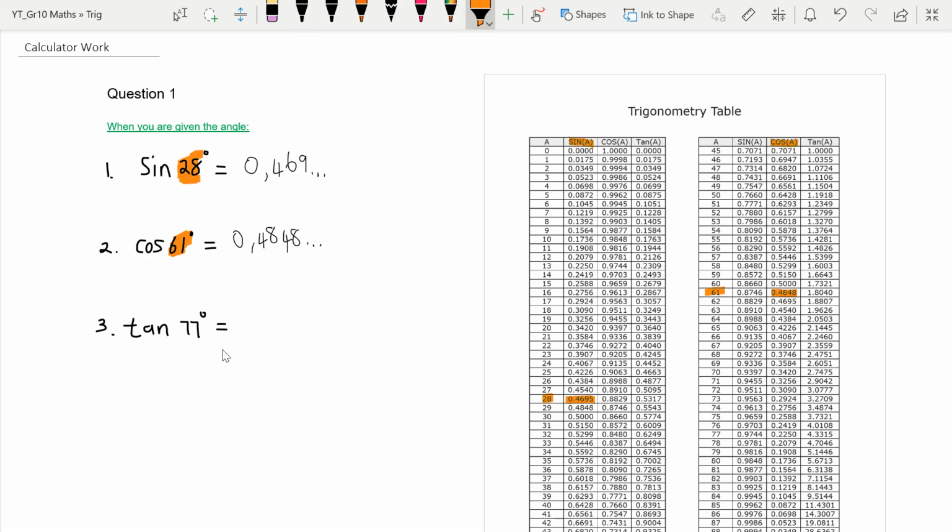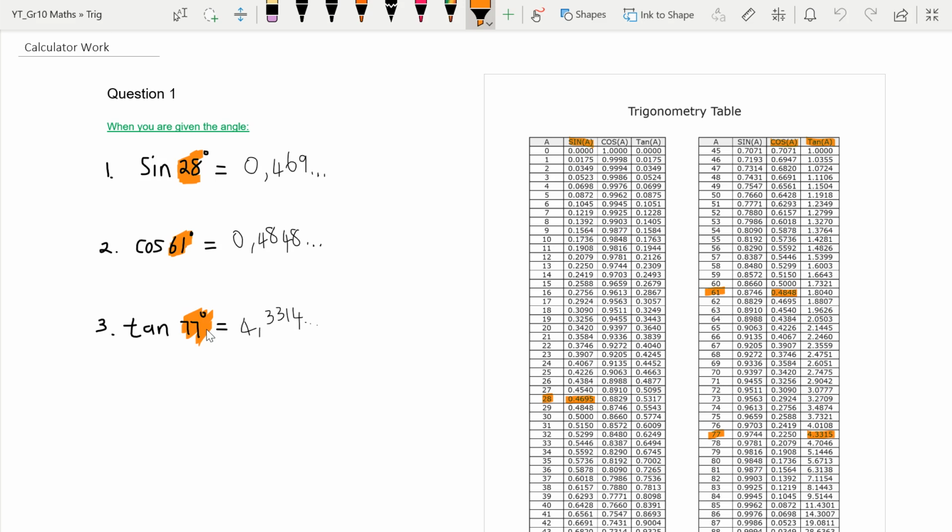Last one, tan 77 degrees. If we go to 77 degrees and we go to tan, it's going to be 4.3315. Let's put it into our calculators. It is an angle, so we just plug it in as tan 77, and that will give us, we knew it, 4.3314, some more decimals. Okay, so calculator work when you are given the angle, that's just how you read it into your calculator. Because remember, your calculator can't make decisions for you. It just does whatever you tell it to do. So if you're telling it sine 28, then your calculator knows that that is an angle